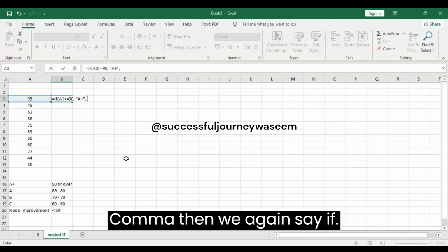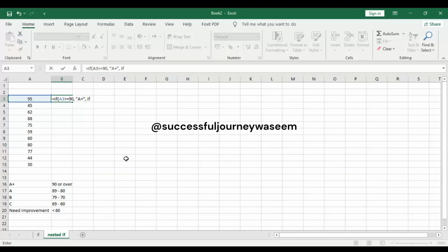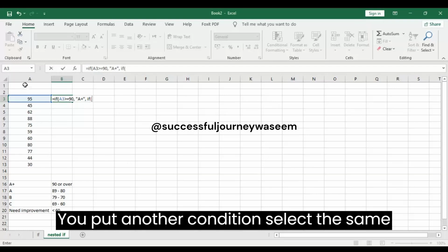Then we again say if, we put another condition, select the same cell,